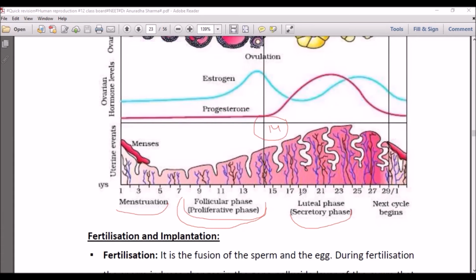Now, after that, fertilization will take place of the ovum and the sperm. So, after 14 days, till 1 week, this is the best period for fertilization. After that, if the ovum is not fertilized, again the endometrium will break and the next cycle begins. So this is the entire menstrual cycle, which is of 28 to 30 days, and it contains 4 phases, that is menstruation, follicular phase, luteal phase, and in the end, the next cycle